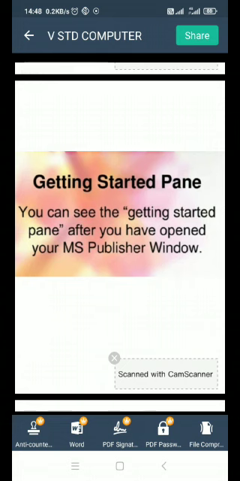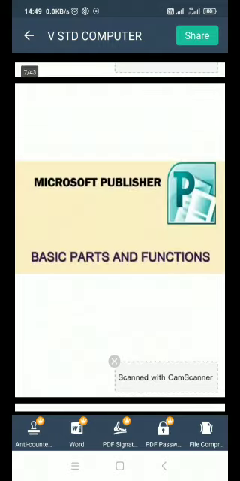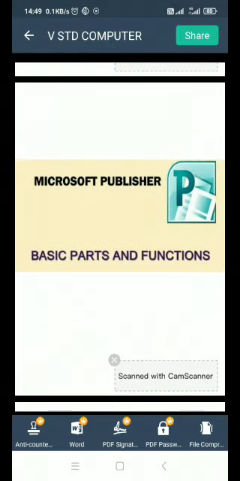Getting started pane. You can see the getting started pane after you have opened your MS Publisher window. Okay, children? We see the pictures. Let's select ready-made documents or blank pages. Now I tell you Microsoft Publisher's basic parts and functions.